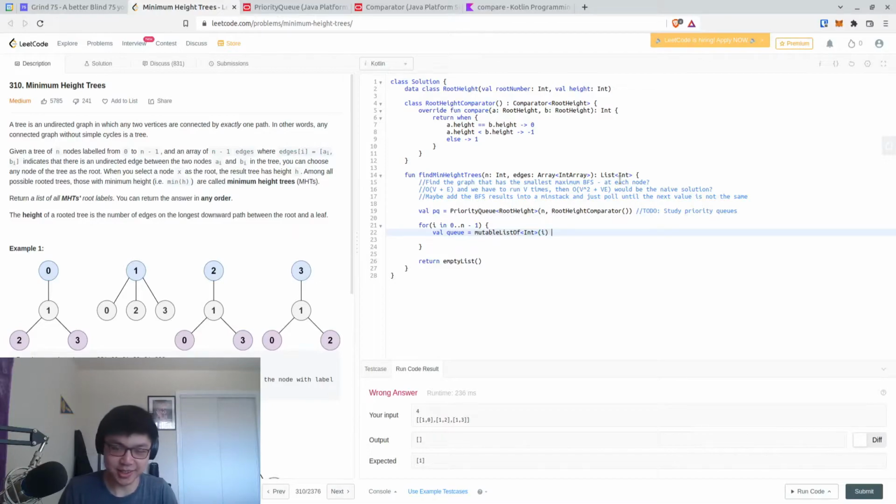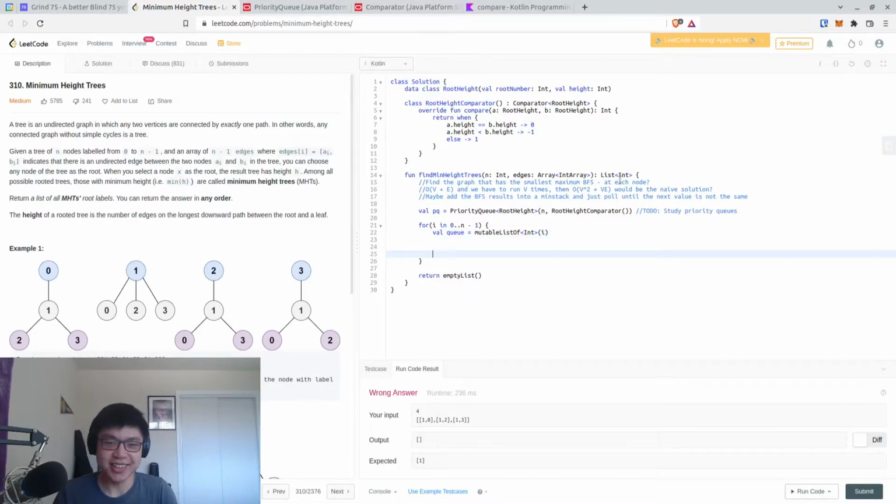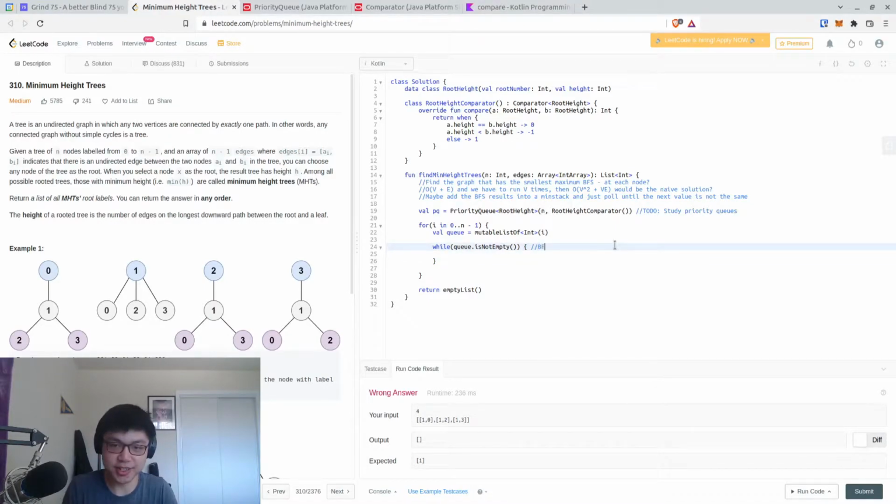I don't know why it took me so long. We'll start with i, while Q is not empty. So this is our BFS portion. Val front is equal to Q dot first, and then we can do Q dot remove at first, and then